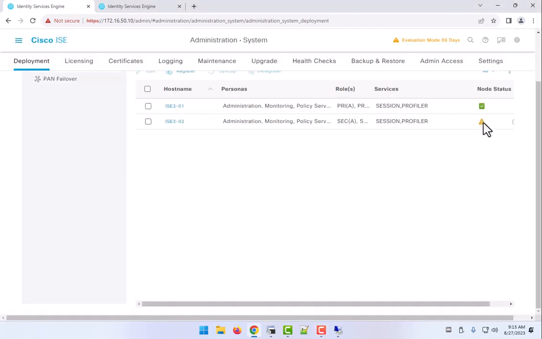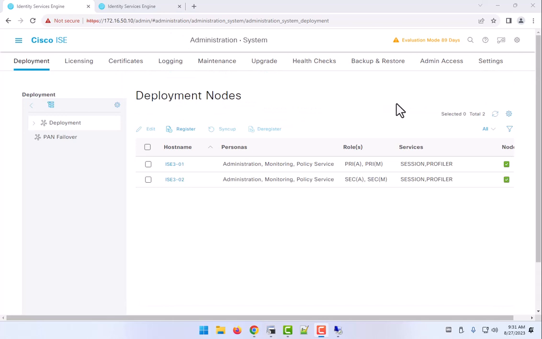And we can see over here that it is in progress. I'm going to pause again and let this finish. So after a little time here, we can see it came back, both nodes are green. One thing to take a look at, and actually something I forgot to do that I typically do in this scenario,